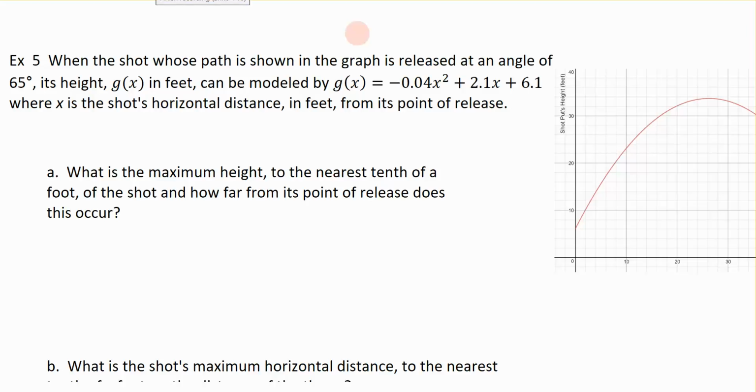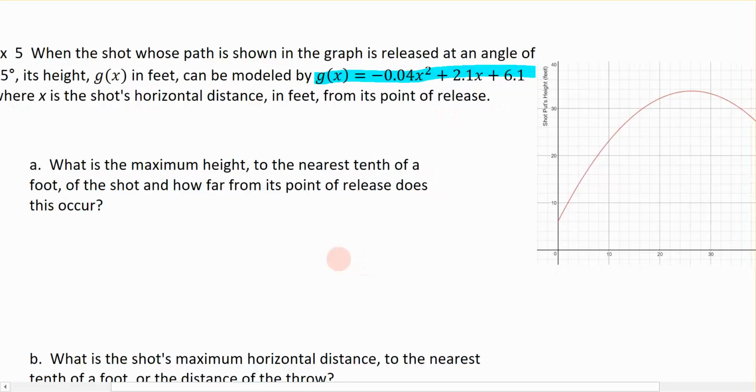Okay, so up until now we've been talking about quadratic functions and looking at the different ways that we can graph a function. So let's see how we can apply that in a real-world application. In this particular example, we're talking about a shot put whose path is shown on the graph. When it's released at an angle of 65 degrees, the height that the shot put is going to take is modeled by the function given here, g of x, where x is the horizontal distance away from